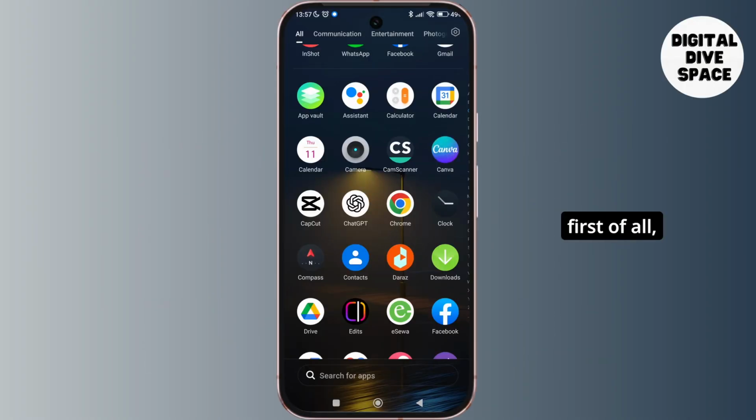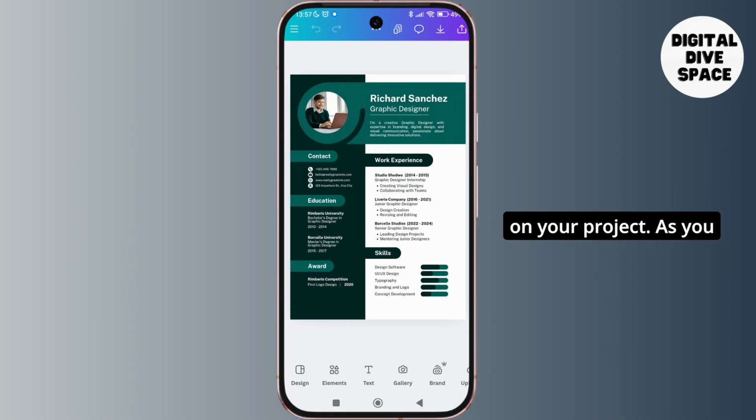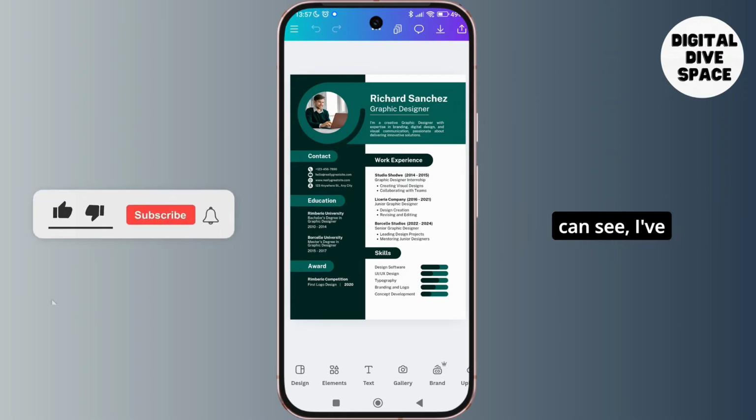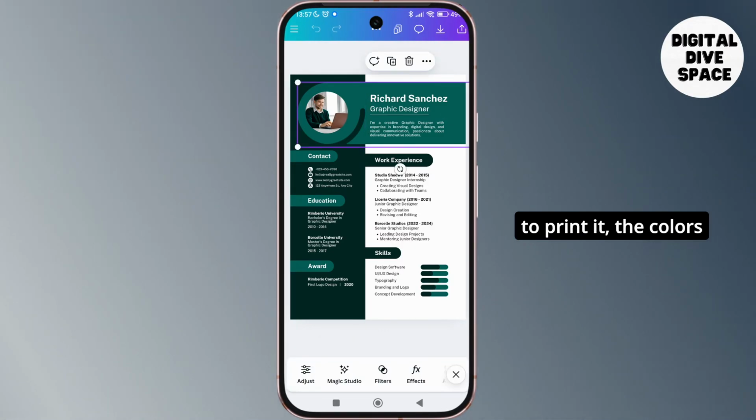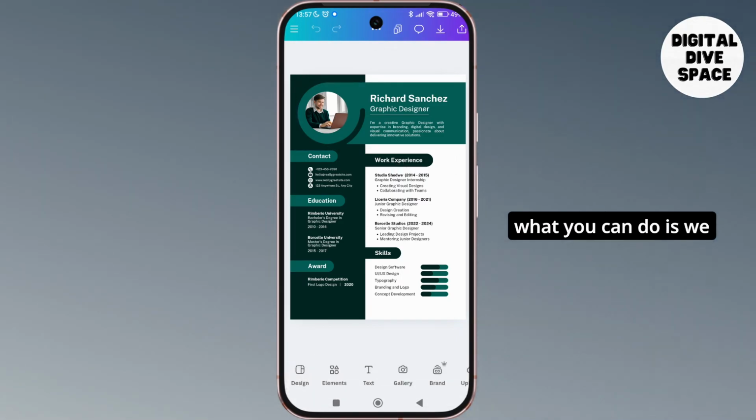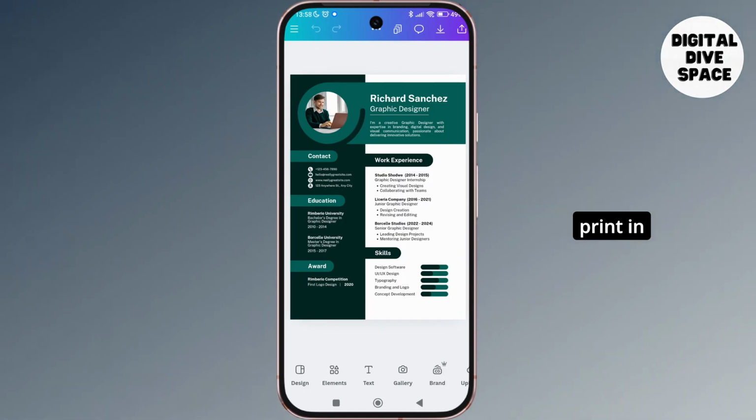So simply, first of all, launch the Canva application and select your project. As you can see, I've already selected a project. This is just a demo resume. What you need to do over here is, you can see the different colors. Now if you want to print it, the colors might be an issue. So what we can do is export CMYK, and it would be easier for us to print